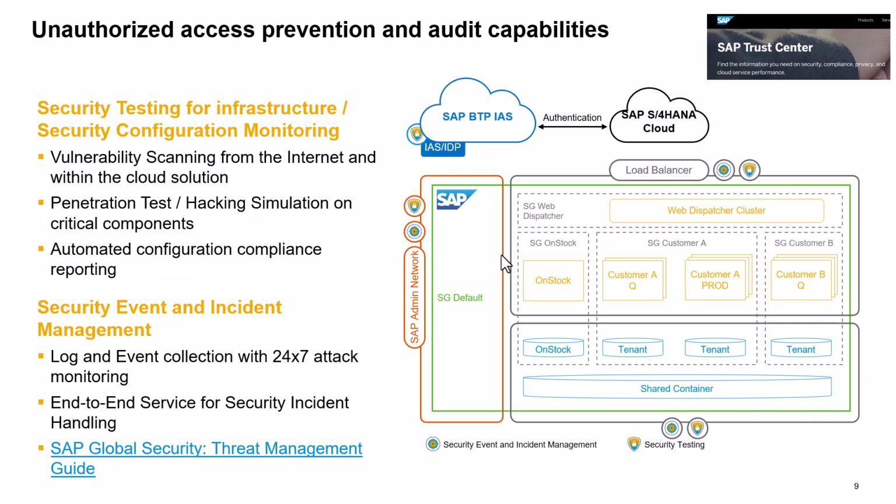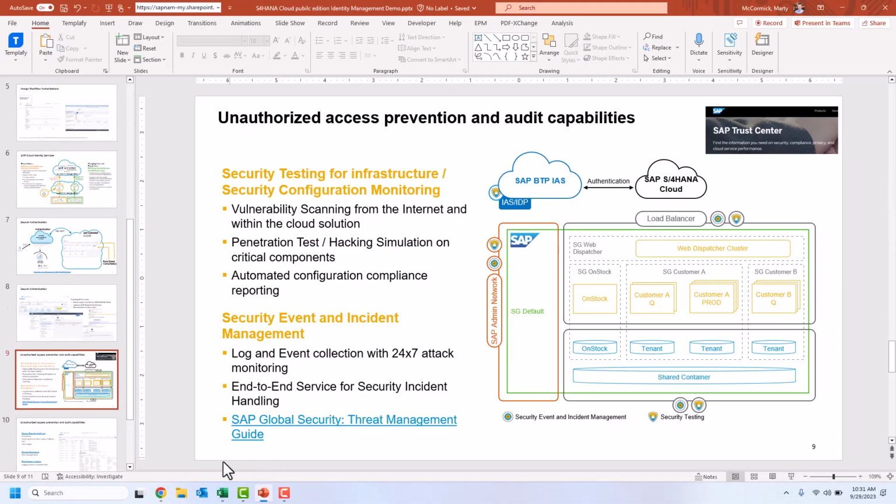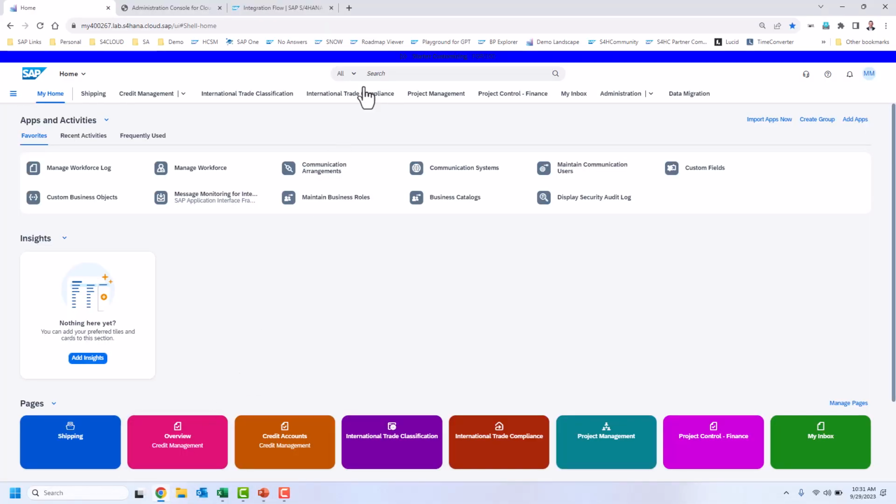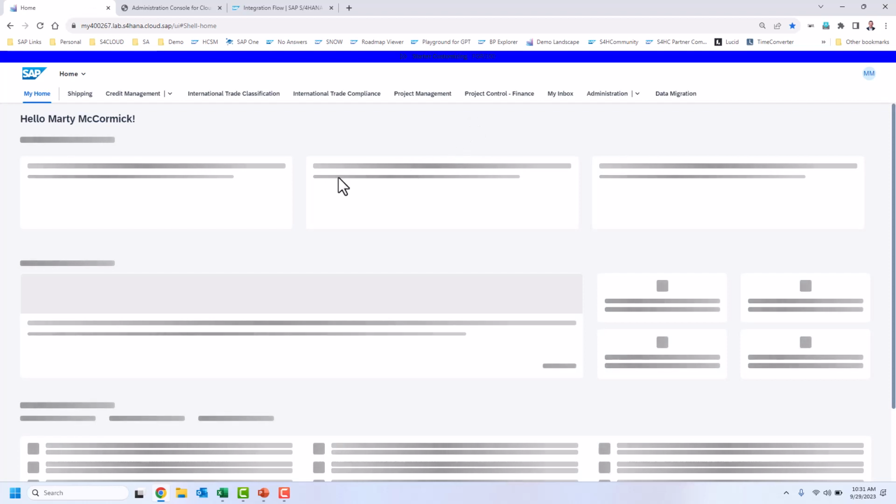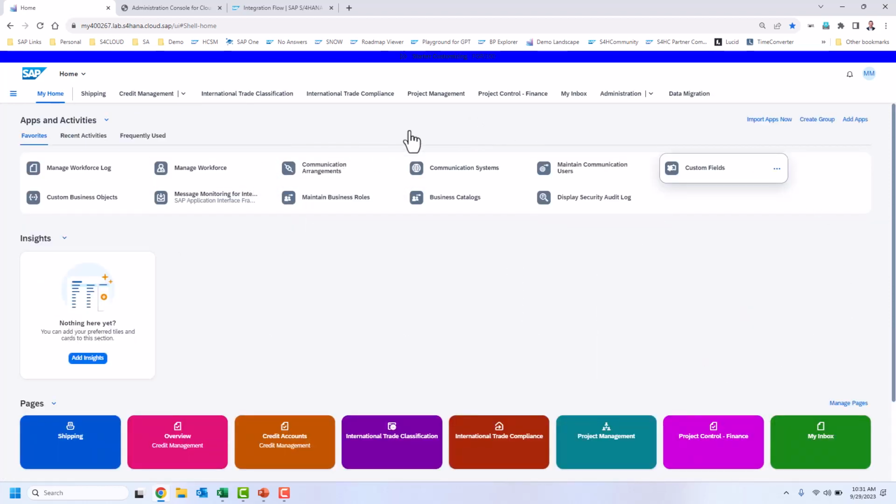So if we jump into the demonstration quickly. This is my S/4HANA Cloud solution. The first thing we're going to take a look at is the user provisioning aspect that we discussed. If I look at my landing page here, the first thing you'll notice is that it's fully personalizable. I've just personalized all the applications we're going to look at today into my favorites. So if I click on Manage Workforce,